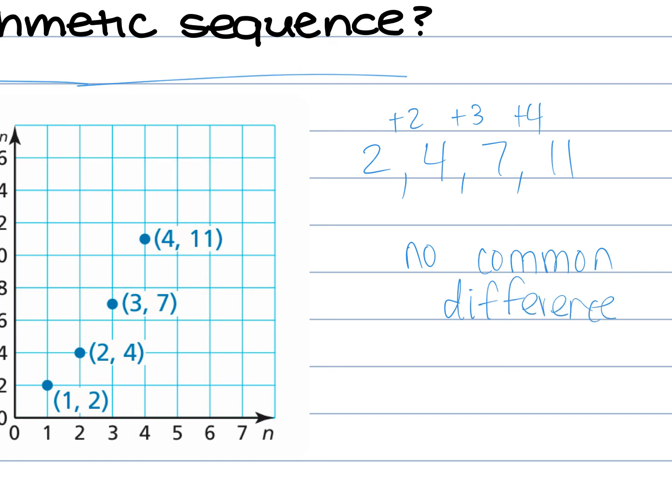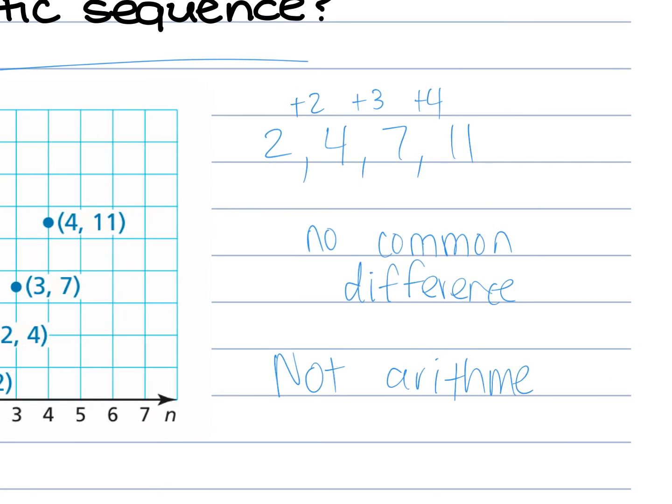And why is there no common difference? Or what does no common difference tell us about this sequence? The slopes aren't the same. Yeah, the slopes are not the same. But more specifically, what question were we trying to answer in the beginning? It's not arithmetic. Now, I know some of you guys have seen that